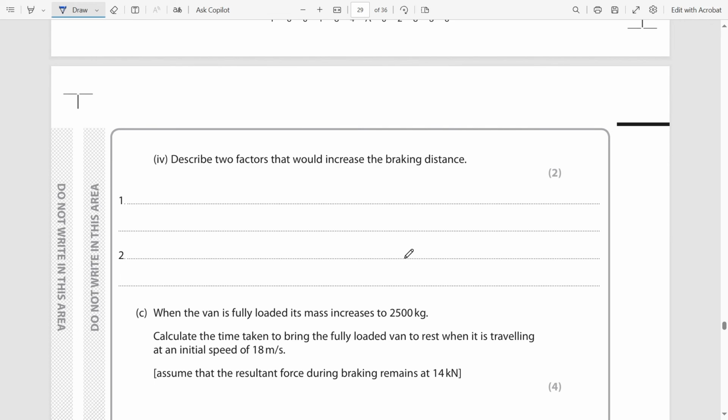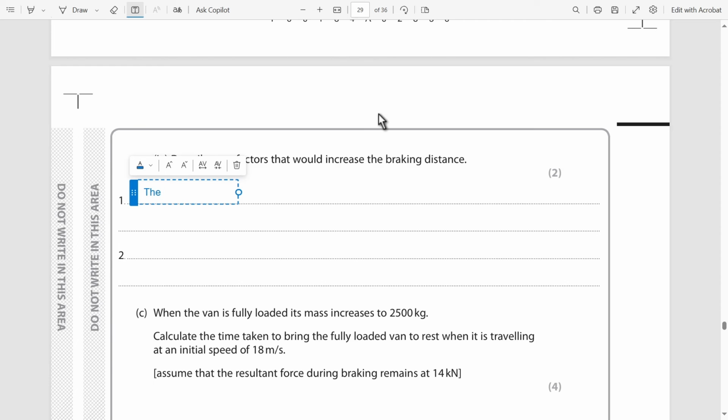Describe 2 factors that would increase the braking distance. You can come up with anything here, guys. Any that you desire, as long as it only affects the braking distance. Well, not only, it could be speed. Yeah, you could also do speed. So, I'm going to put